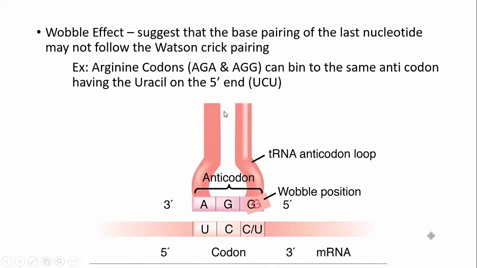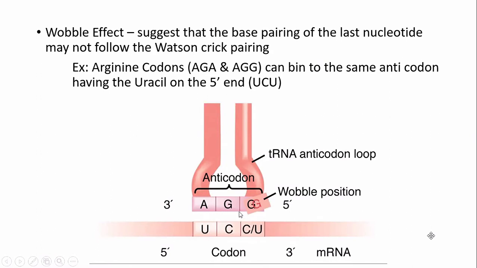Now, what do you call the wobble effect? Si wobble effect, ito yung parang glitch in a good way ng system. So this one here, it can be coded if ever your codons has the same code for the amino acid, the anticodon can bind to that codon kahit hindi sila magka-base pair. Okay? Example dito,